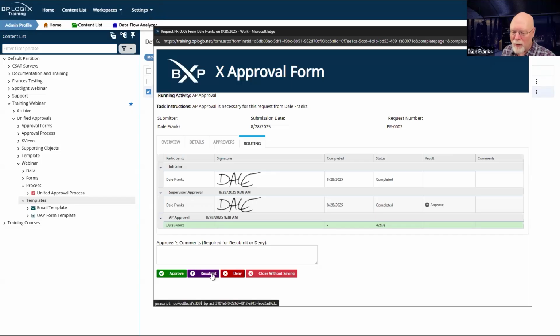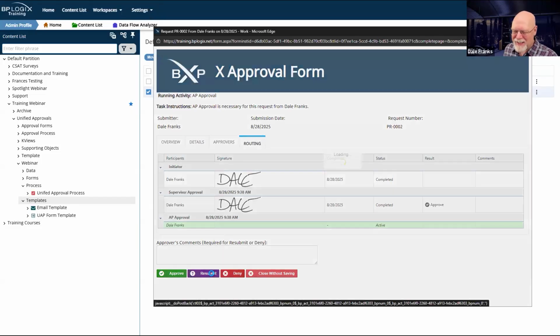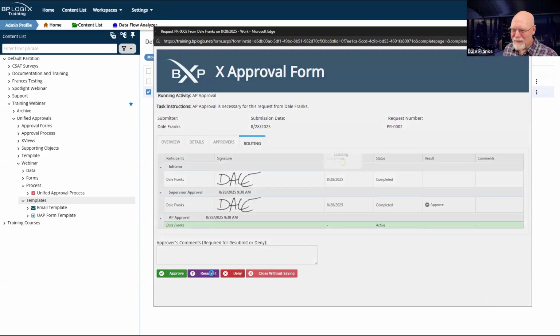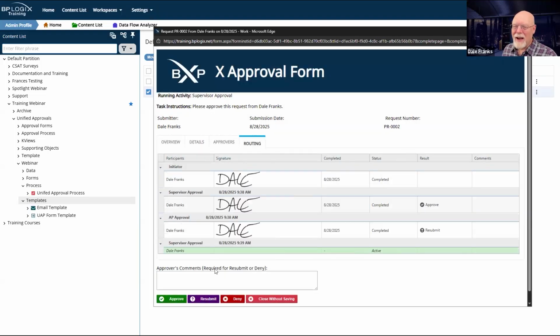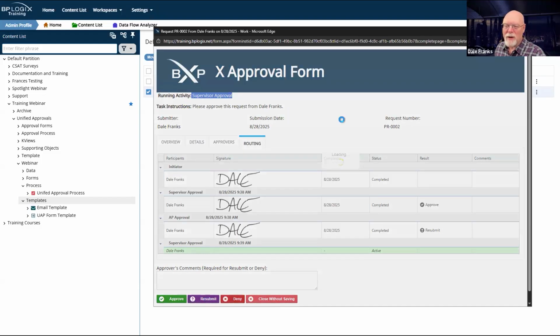I'm just going to go ahead and ask for a resubmission. Let's hit the button and see what happens. Fingers crossed. And it has taken me back to supervisor approval, not to initiator resubmittal. And a supervisor hits.